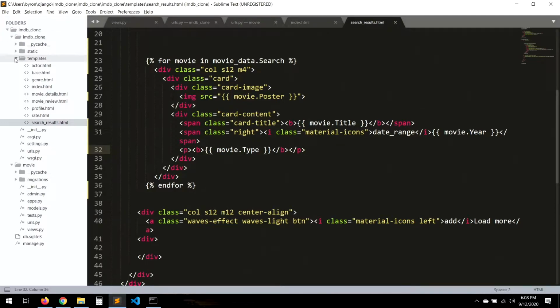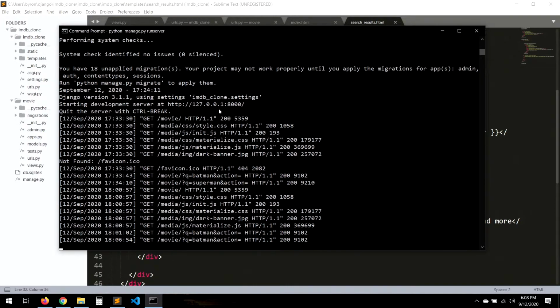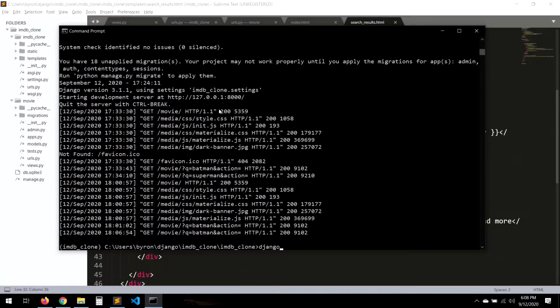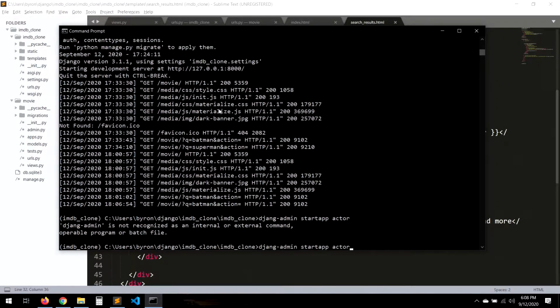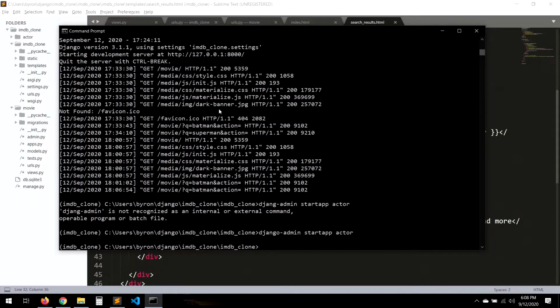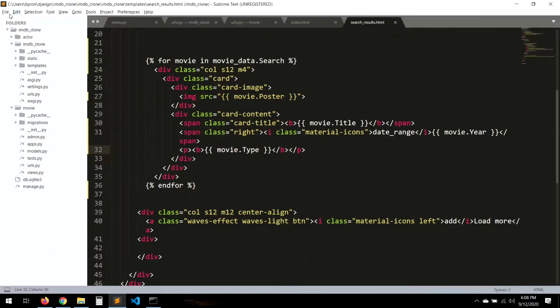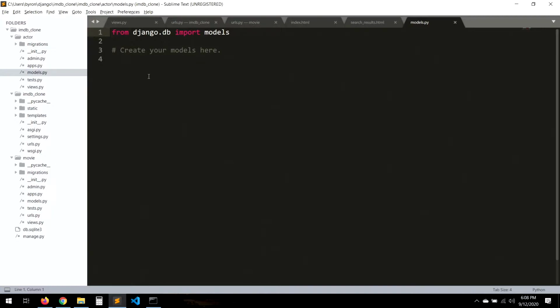So the first thing that we're going to do, actually, we're going to create a new app. It's the Django admin startapp, and let's name it actor. Good. And then in actor, we're going to create our models. Yeah. So we call actor